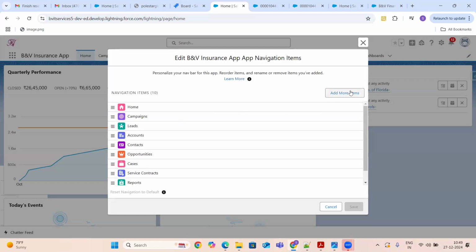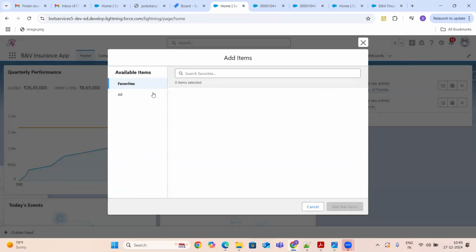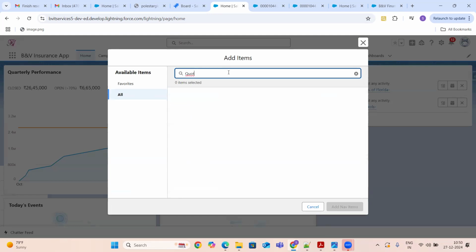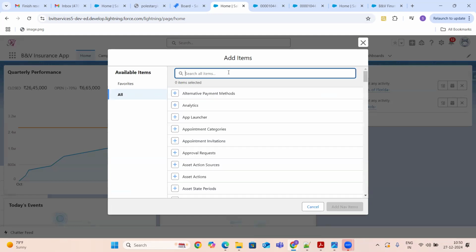So if you want to add more items, when I log in, I would like to see, what else we have. Quotes, it's not present. Okay. Campaign.